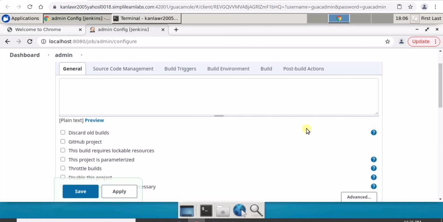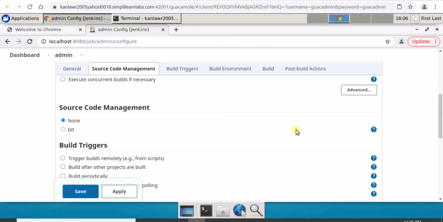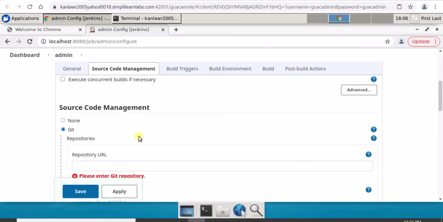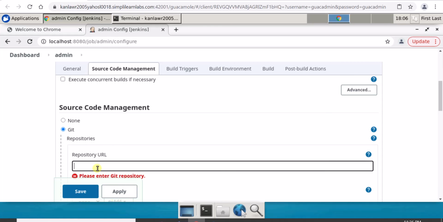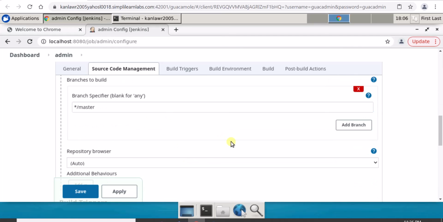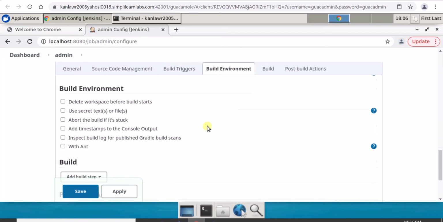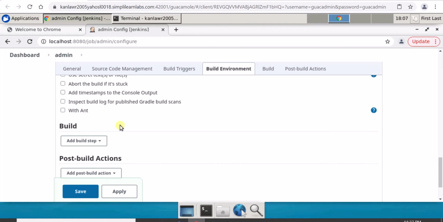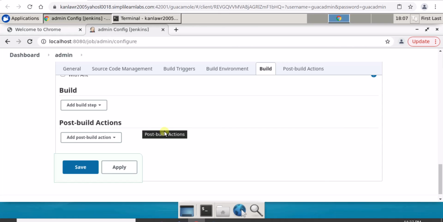For example, for source code management, I'll select Git. Then I need to copy paste the Git repository URL here. Then it's up to you whether you want to give credentials or not. It will always be master. I'll take one more session and give you a detailed overview about these options. Build, post build action is there. You can select whichever you want.